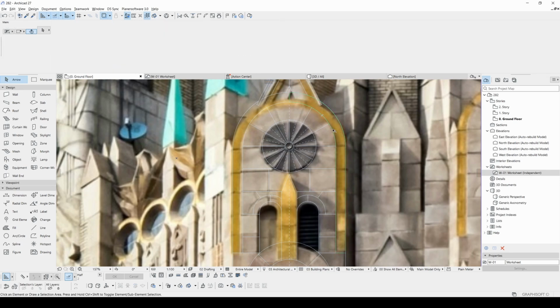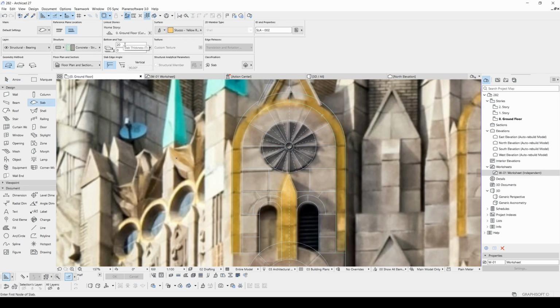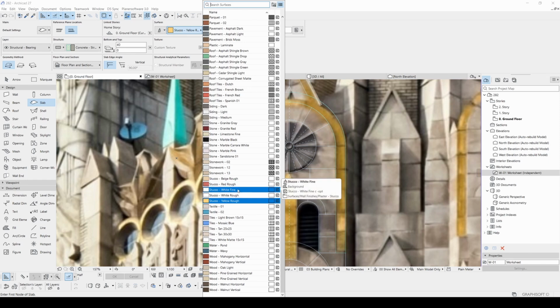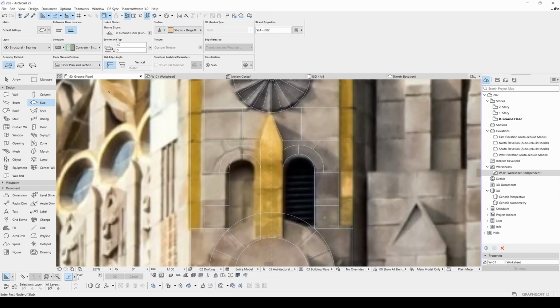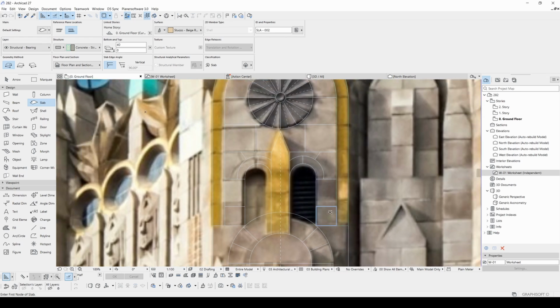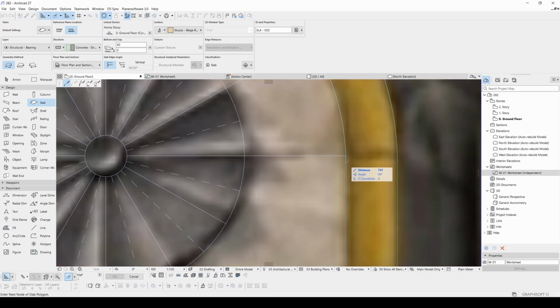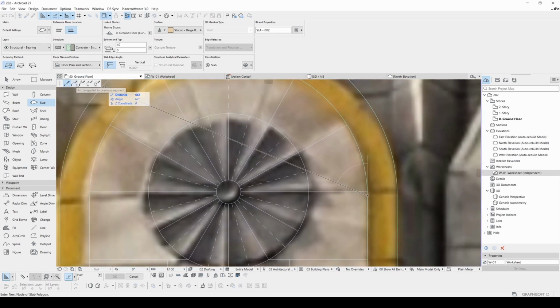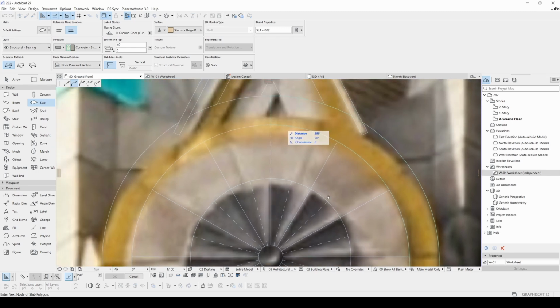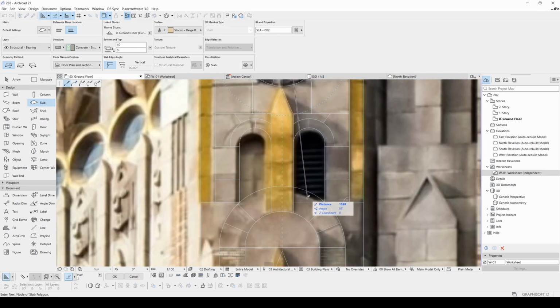Let's switch to the second step. Let's click this. And this time this is going to be 40. And I'm going to change the stucco beige row. If I hit the space, you will see only this part will be highlighted. So I'm going to click this polygonal, click this corner and follow this way. Let's switch to tangent previous segment and go straight, go to bottom and close the shape.